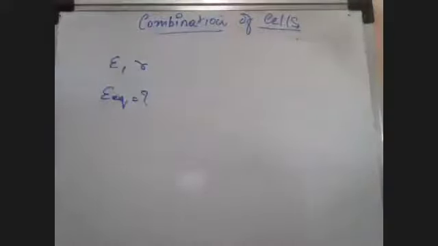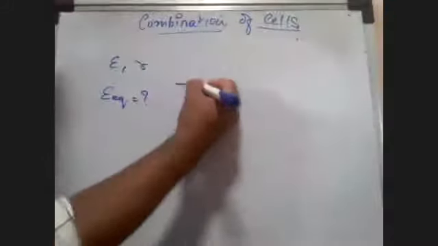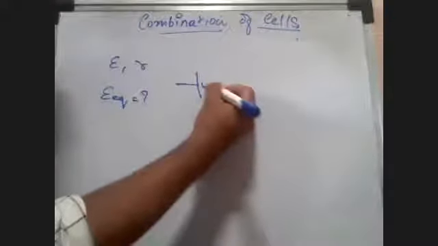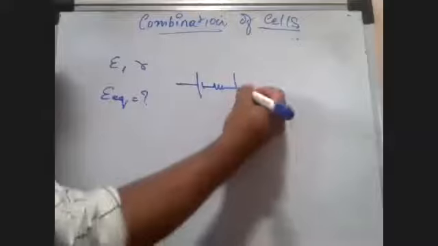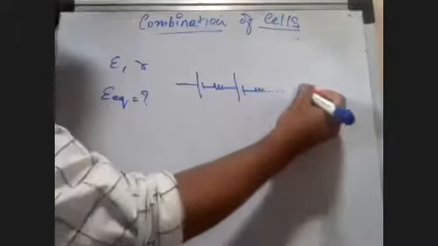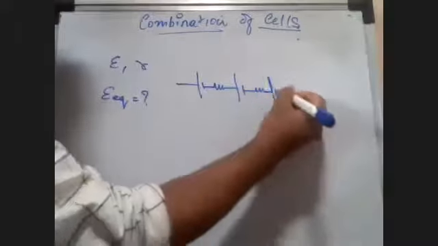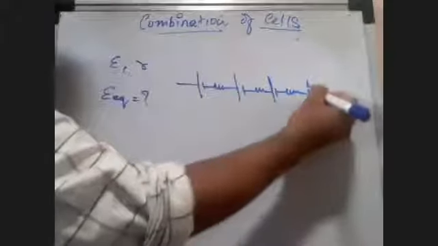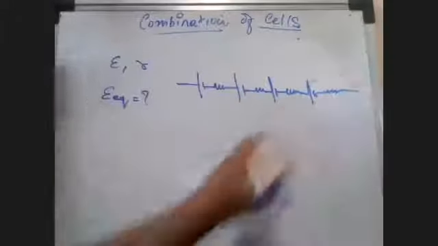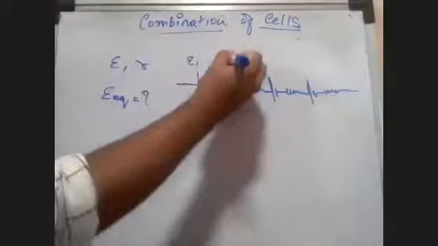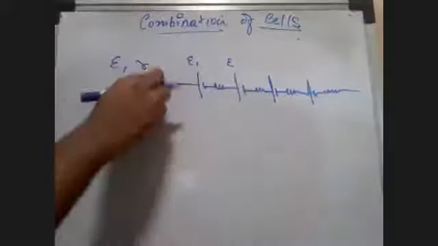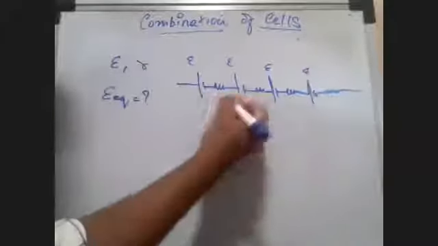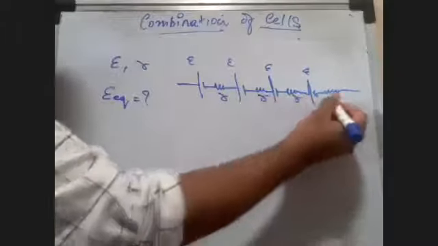Just imagine. I am taking a potential, I take a resistor, I take another potential and resistor, like that n times I do it. Let's do another one, just for the matter of understanding. I say this is epsilon 1. This is, of course, epsilon and r. I told you it's identical, so I will take epsilon, epsilon, epsilon, and over here r, r, r, and r.